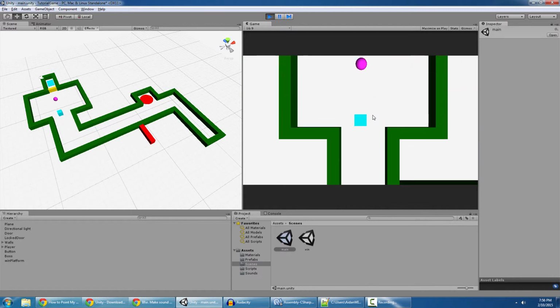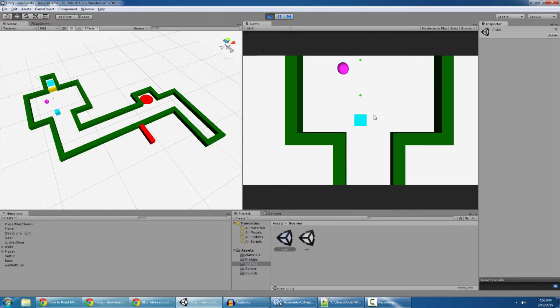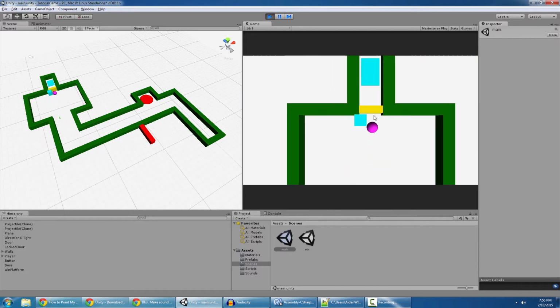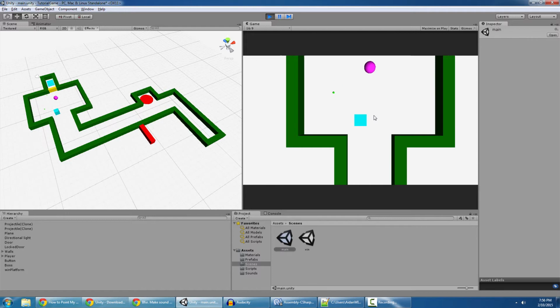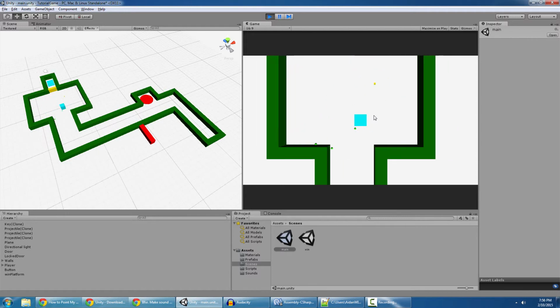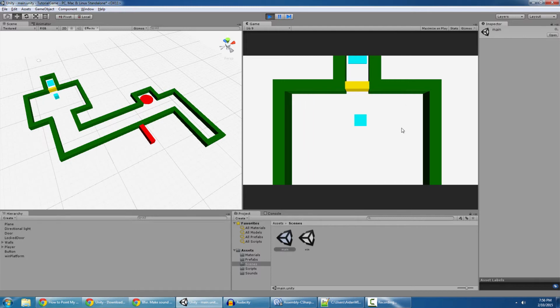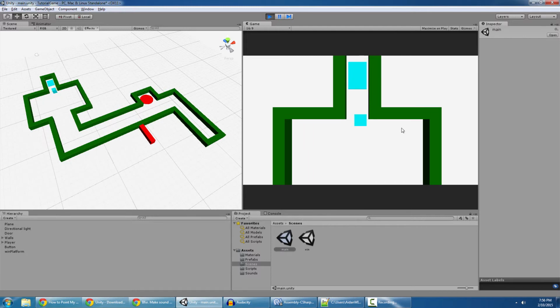Go ahead and go to the boss chamber. Oh, we got Purple Man. And we can shoot Purple Man, and he recoils because of the rigid body. Don't touch. Okay, so we killed him, and he drops a key. We get our little key, and you should add a sound effect for that. A little bing. So now we can hit our key door, open it up, and as soon as we hit our win platform,